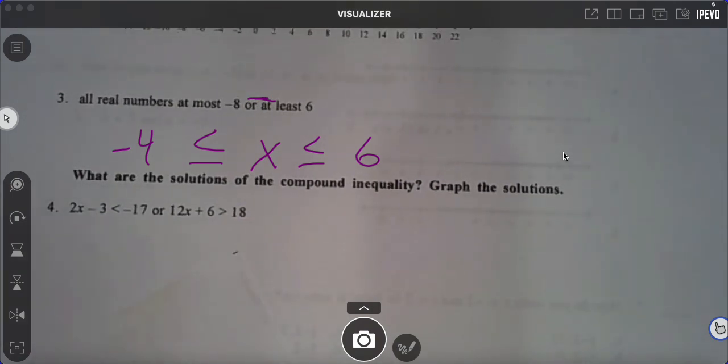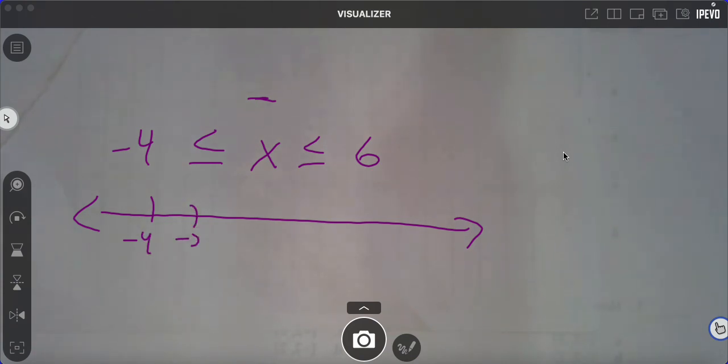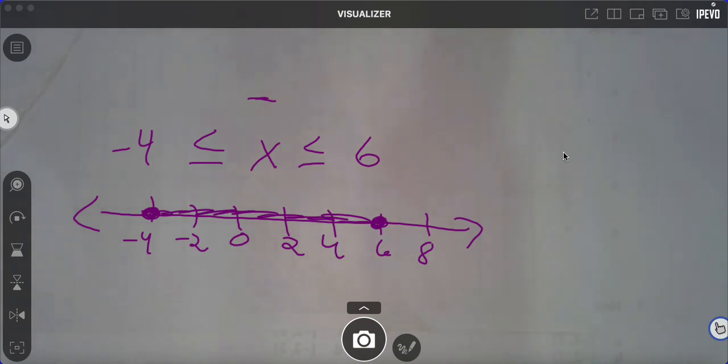If I was to graph this, let me put that up here. I would put on my number line, I would put maybe -4 down here. I'm just going to count by 2s because it's a little bit faster. And x is between -4 and 6. They're both closed circles because they're equal to, and x is between. Are we good with that? Okay. All right, now